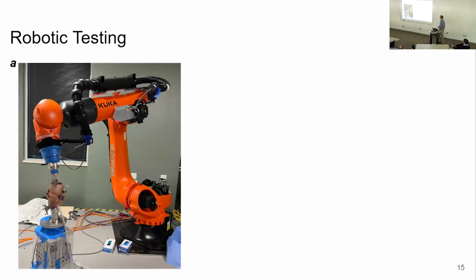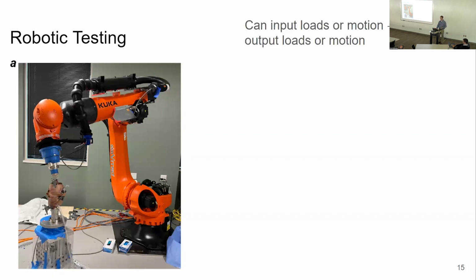In our lab, we have a big 6 degree of freedom robotic testing system, and 6 degree of freedom means that it can move in any translation or any rotation in the workspace. So we can prescribe cadaver knees doing walking or different laxity tests or however it may be. It's a pretty cool tool that we have at our disposal. And you can input loads or motions. So you can say, okay, go to this position, or you can say, okay, apply this load.